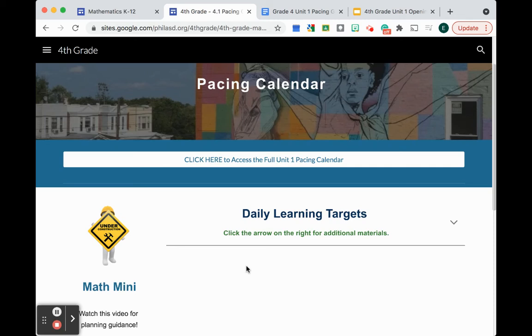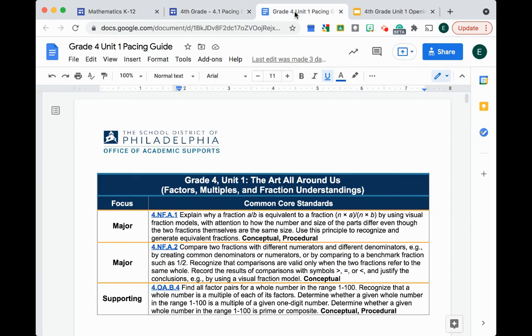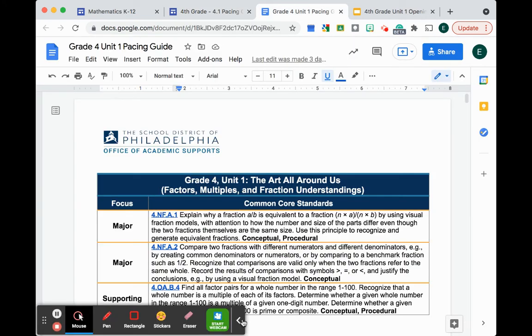When you are on this page, you'll click on the white button at the top to access the 4th grade Unit 1 pacing calendar. Once you click on it, it will open a Google Doc. I'm going to spend the next 5 minutes helping you to make sense of how you can best use this